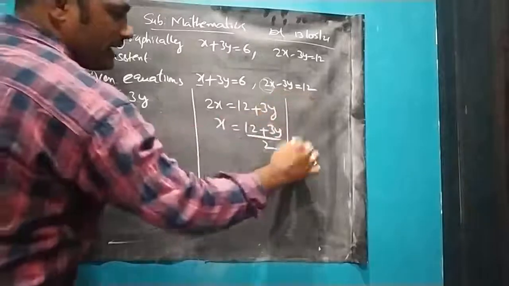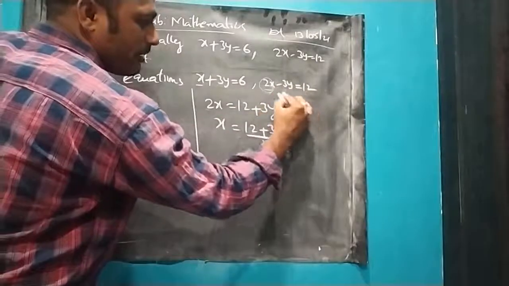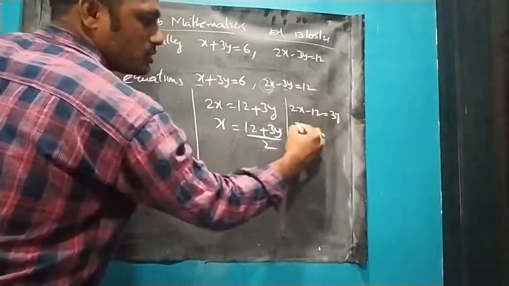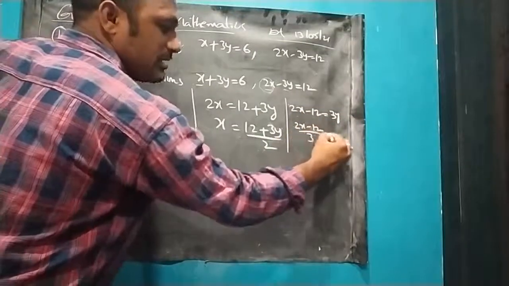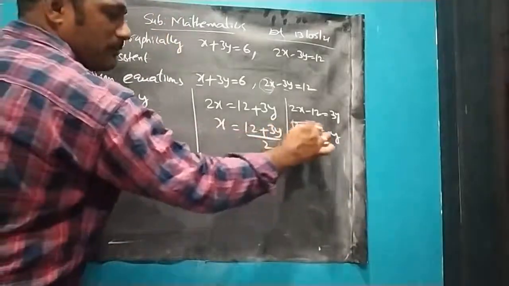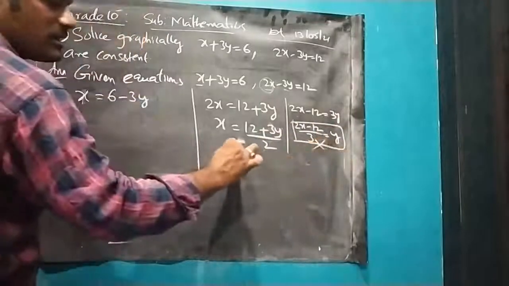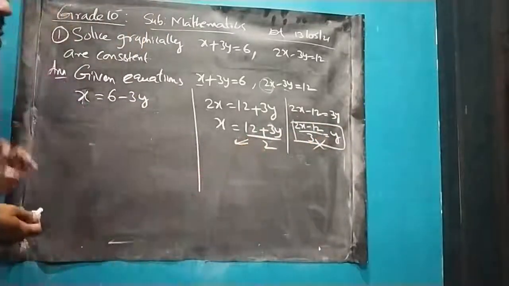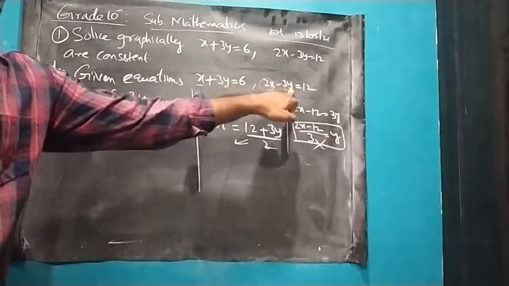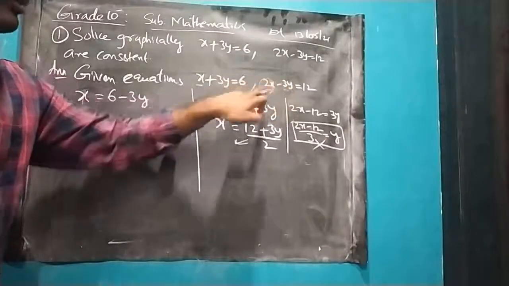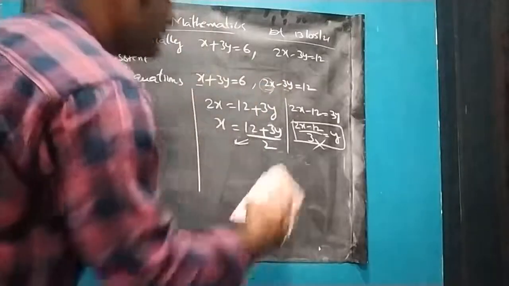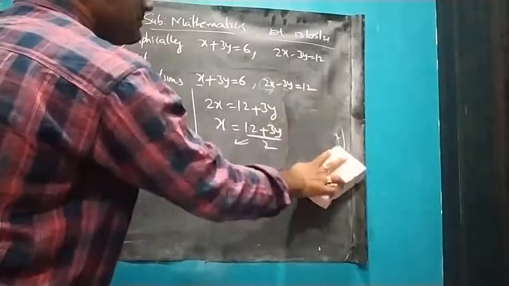For example, if I take here 3y as my number, so that is 2x - 12 = 3y. So (2x - 12)/3 = y. While substituting the values, it may take a lot of time. Time consumption will be more in this case, time consumption will be less in this case. So that's why we always have to take the one divisible by 2. Whenever a 2 or 3 option is there, or 2 or 5, or whatever the option, 2 is the better option to take. So in this question I am taking 2 as the better option. Why? Because time consumption will be less.